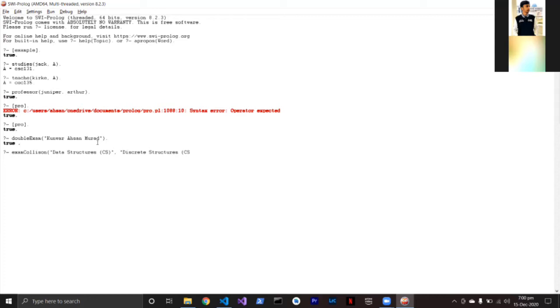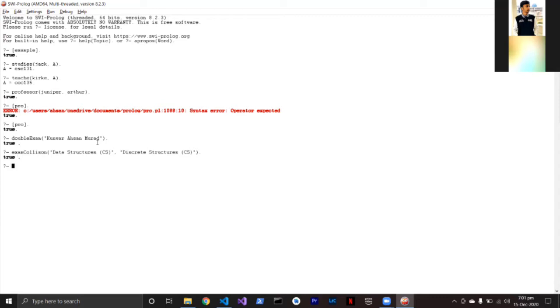It is very important to check the spellings of the thing we are entering. Most of the time we make spelling mistakes, followed by a full stop. Since we are running it from our knowledge base, we know that these two subjects have a collision on the same day. By running this query, it returns true. This shows that this query is correct, and those two subjects have an exam collision on that particular day.